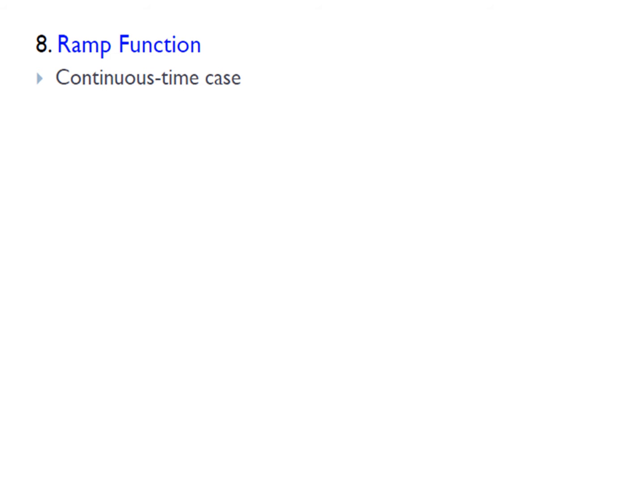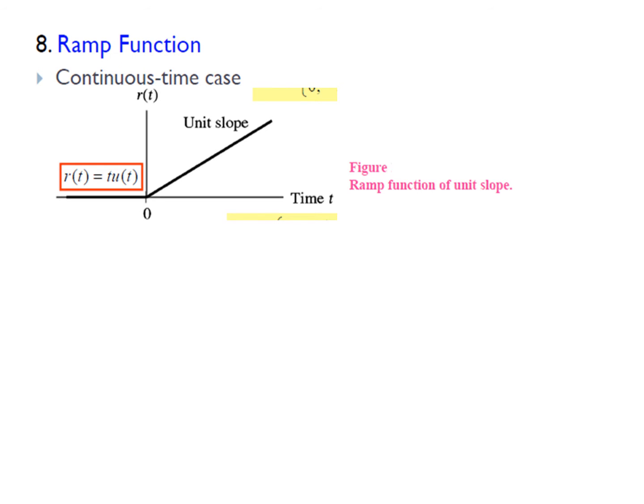So first, let us consider the continuous time case. A continuous time ramp function or signal is represented using this graph. As I told you, it is a slope, a unit slope. Your slope is 1, that is for every increment in time by 1 unit, if the amplitude increments by the same 1 unit, then it is called slope 1. That is opposite by adjacent equal to 1 by 1. So unit slope, which is one-sided, has been shown in this particular diagram.